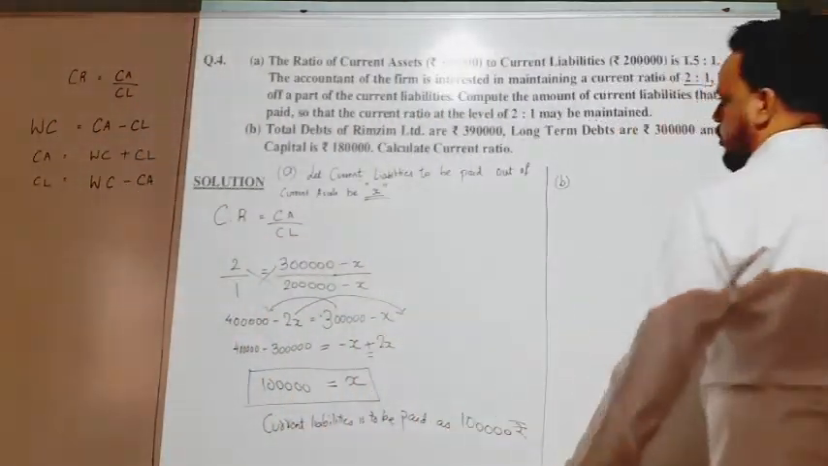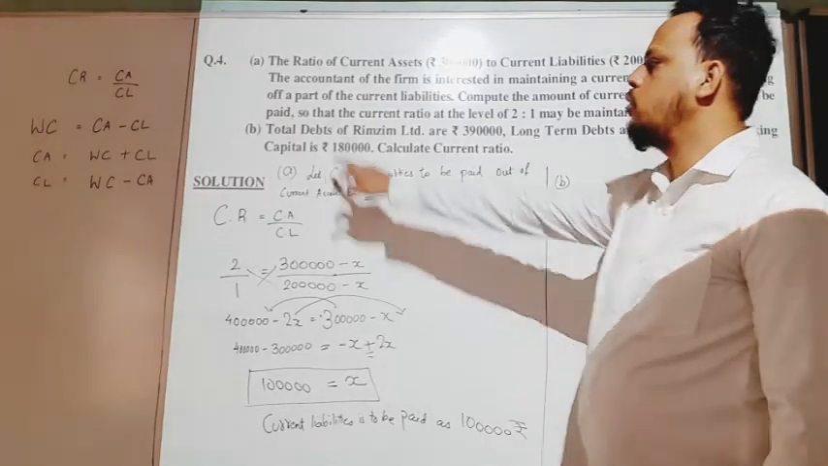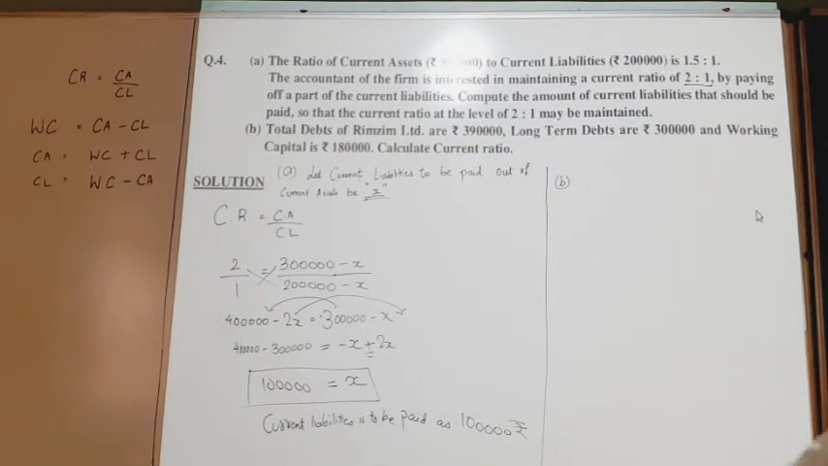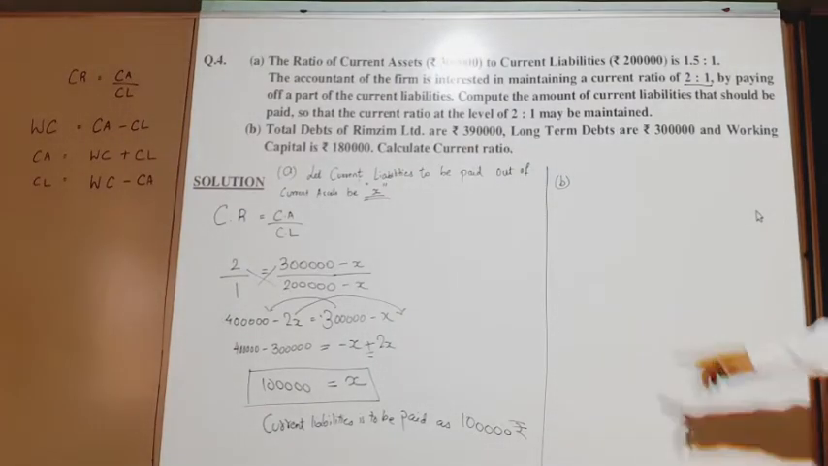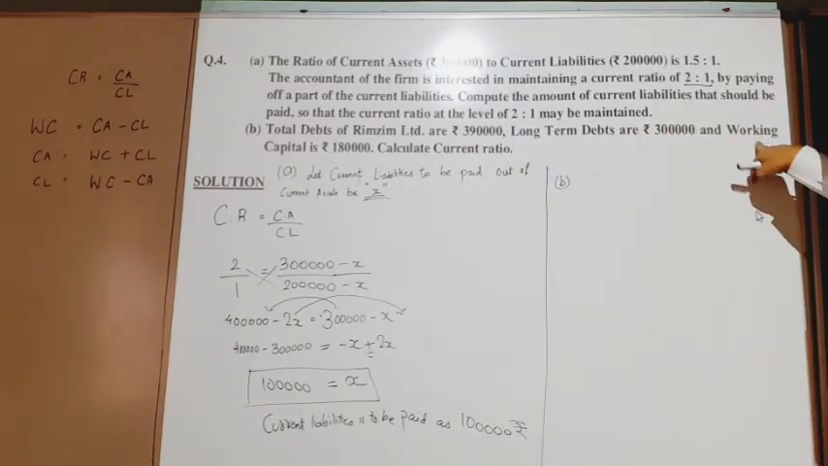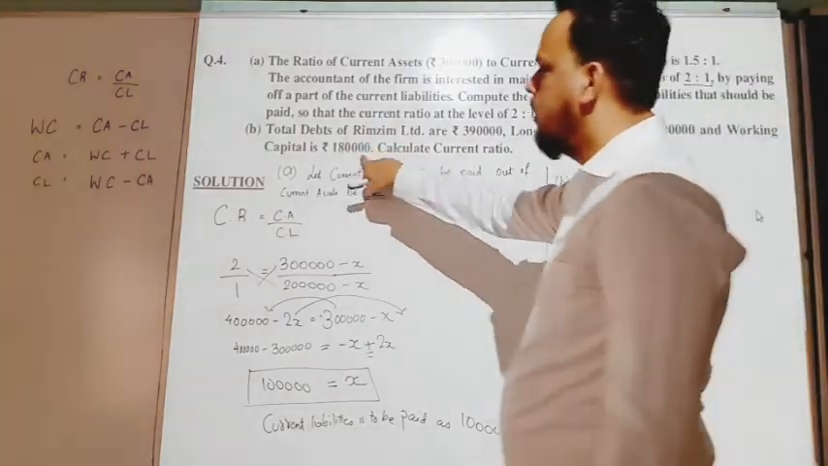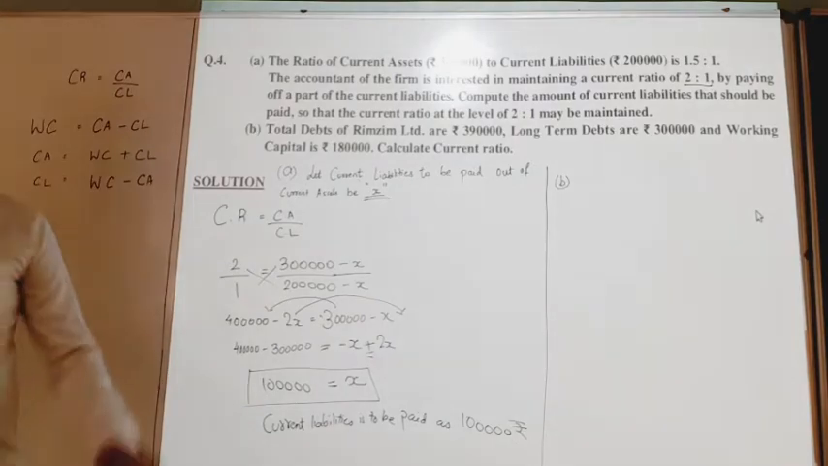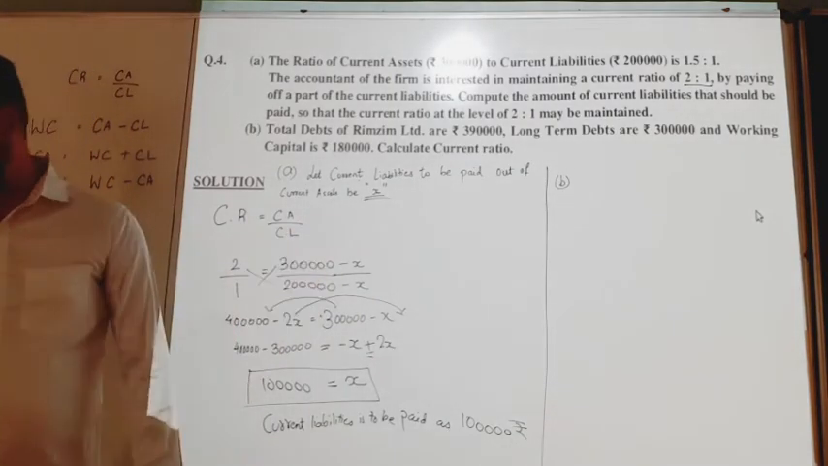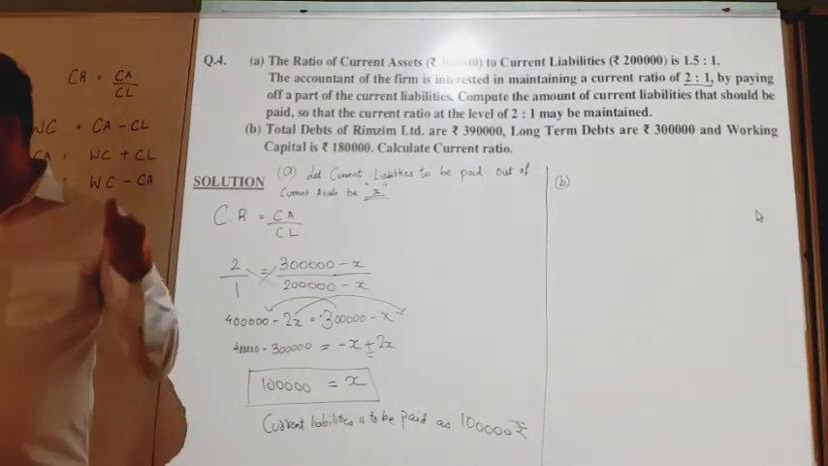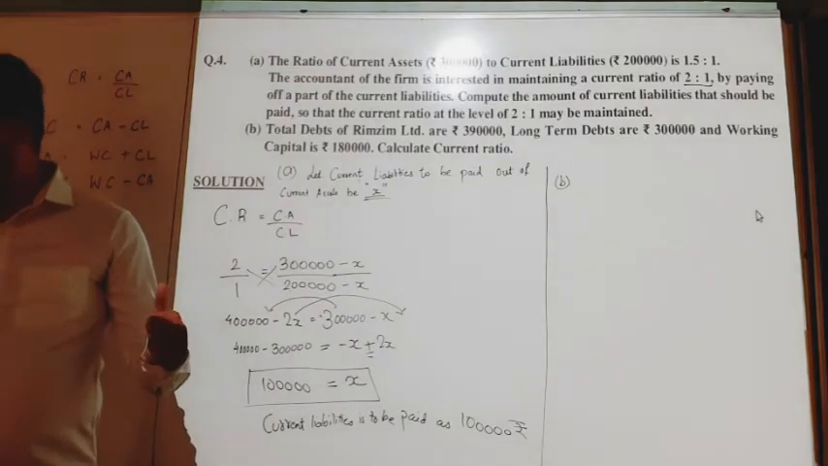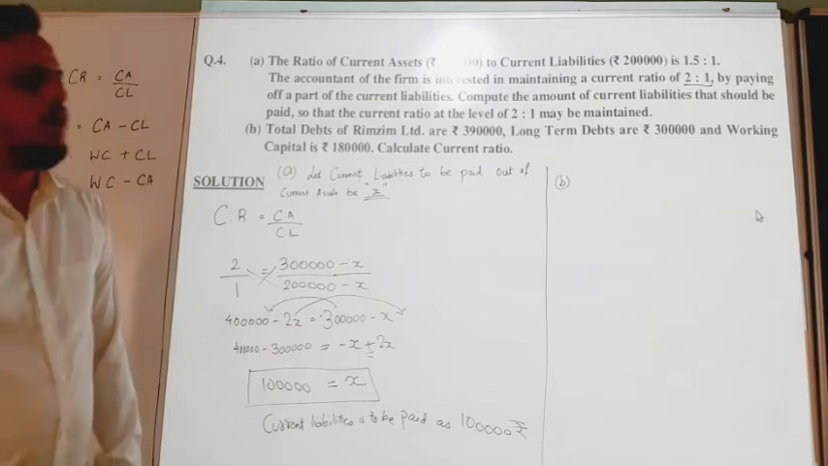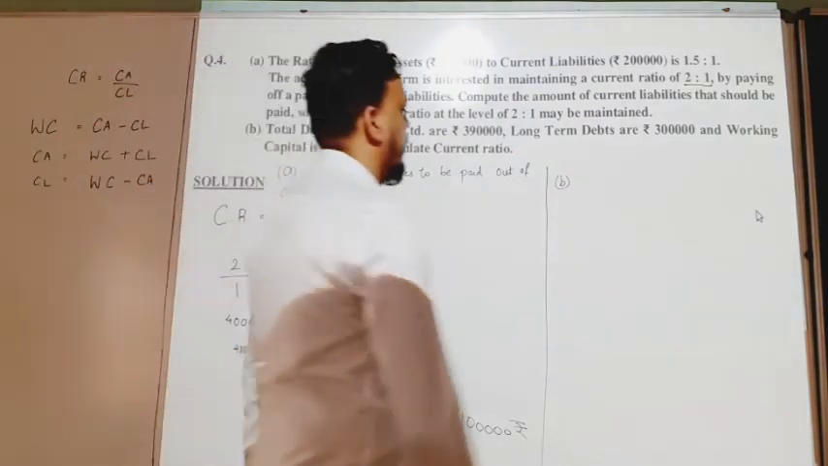In the second question, it has been mentioned that total debts of Ring Gym Limited are 3,90,000. Long-term debts are 3 lakhs, and the working capital is 1,80,000. Here we have to find exactly the current ratio. So what we will do? We will start with the current liabilities, then we will find working capital, and then we will do the ratio. So let's begin with the